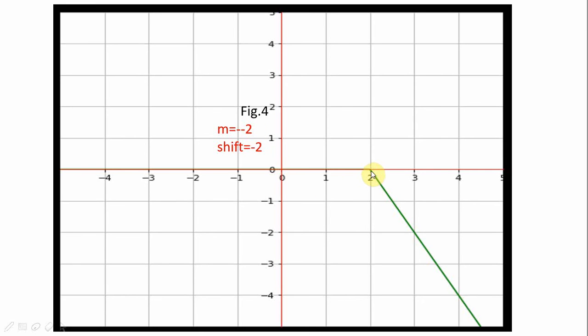Slope minus 2 means that for an increase in t by 1, the magnitude decreases by 2 units. So from 2 to 3, the increase in time is 1 unit, whereas the magnitude is reduced by 2 units. So the slope is minus 2 and its shift is negative 2, that is to the right of the t is equal to 0 point.